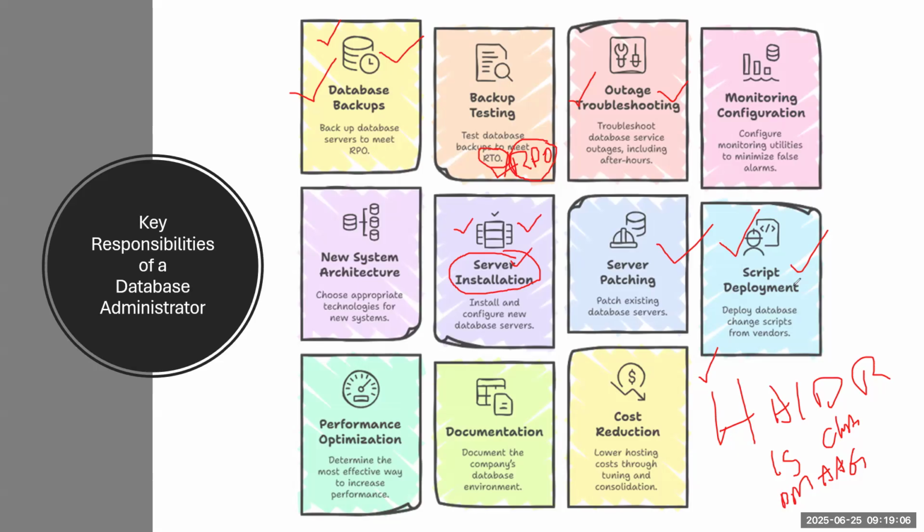Take my scenario: every month there is a production deployment, and every month there is a SAT deployment. They will provide us the script. We will go and run it on the production servers. We won't do anything else. We will create the change requests, follow everything, and deploy. Deployment activities you will also get, and performance activities and troubleshooting, all these are very important. This is the major activity. High availability is the major activity, and documentation is also very important, sir.